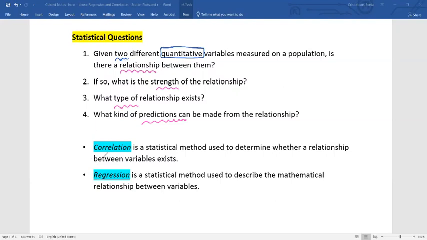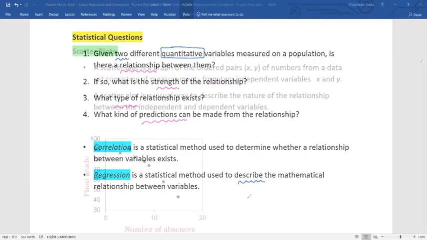Let's come back here to correlation and give the definition of correlation. Correlation is a statistical method used to determine whether a relationship between the variables exists. So this will answer the question, is there a relationship between them? Now, if we see that there is a relationship, it is worth investigating. And investigating this means we will go through regression, because regression is a statistical method used to describe the mathematical